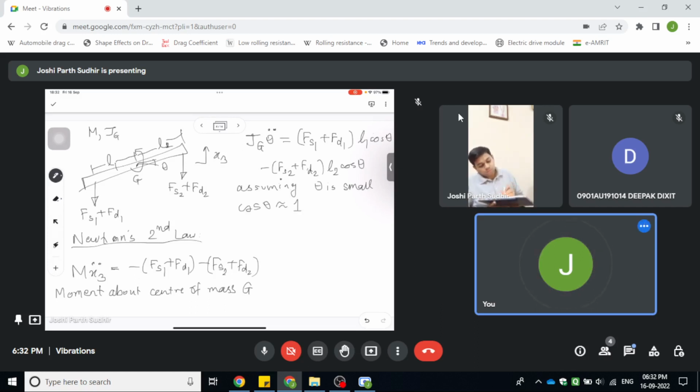So Jg theta double dot will be (Fs1 plus Fd1) into L1 minus